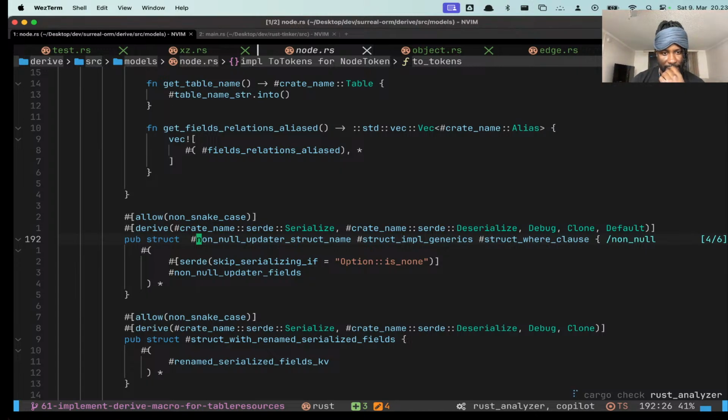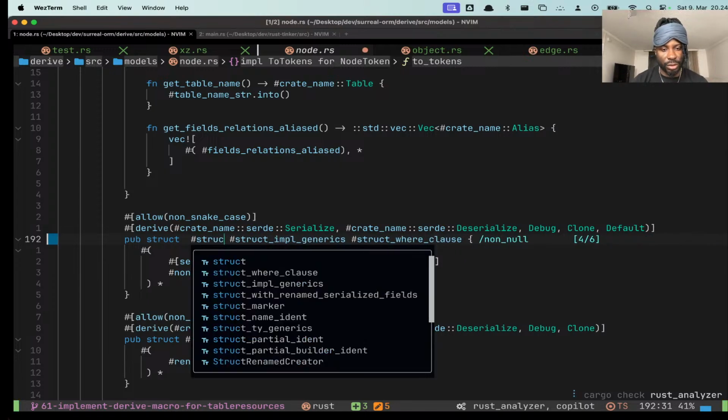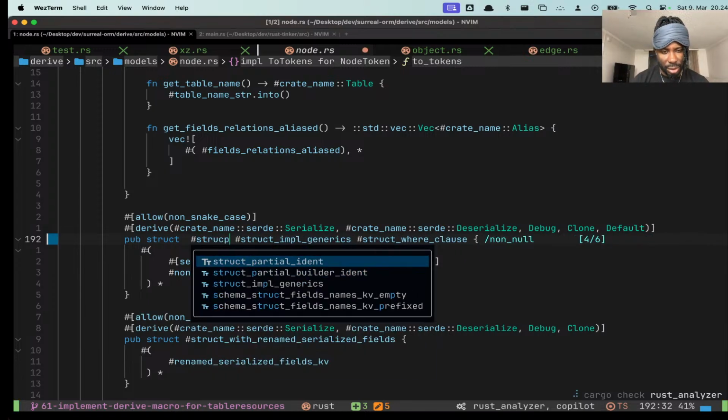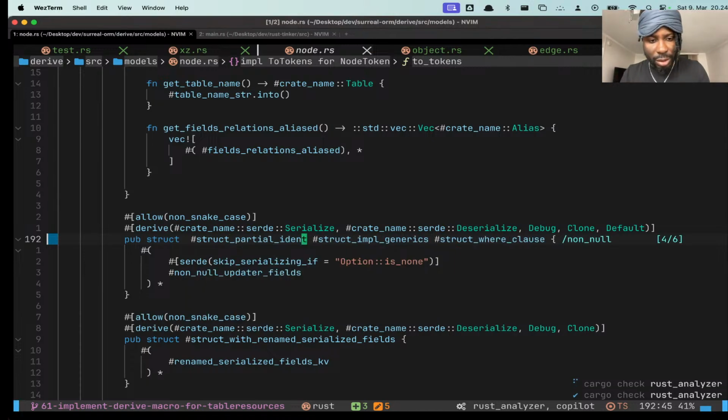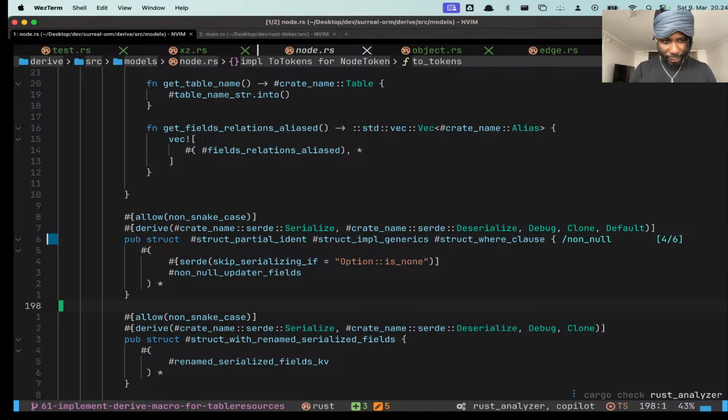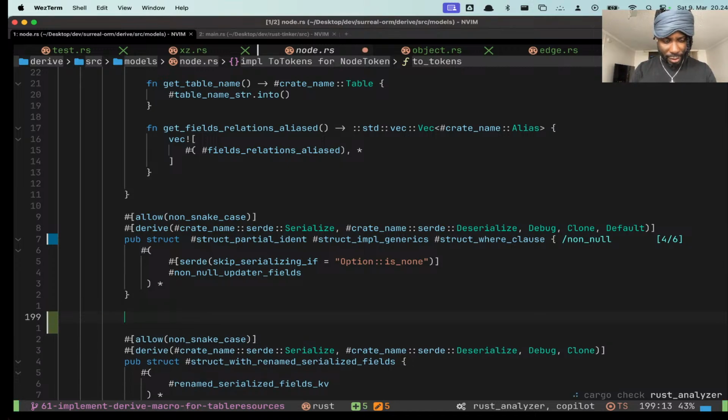What we want here actually instead would be something like, so we want the partial, and then we want, so I'll call this struct partial ident. Then we also, we want the